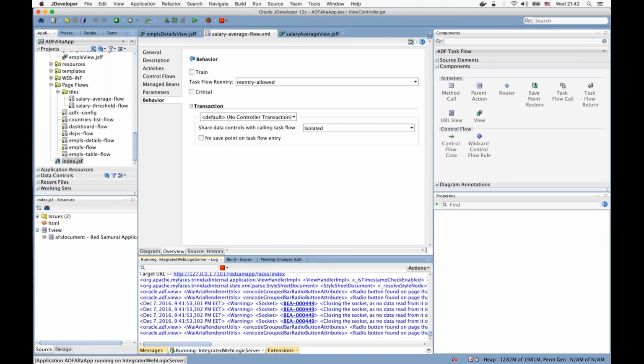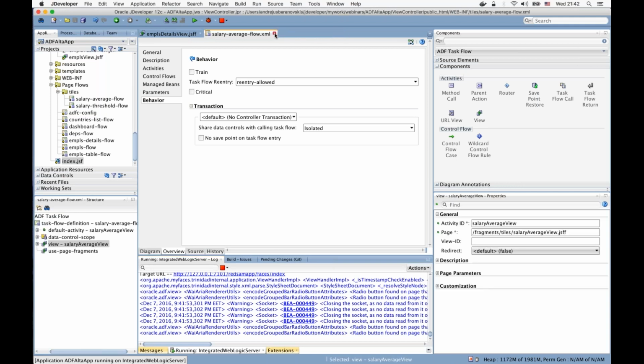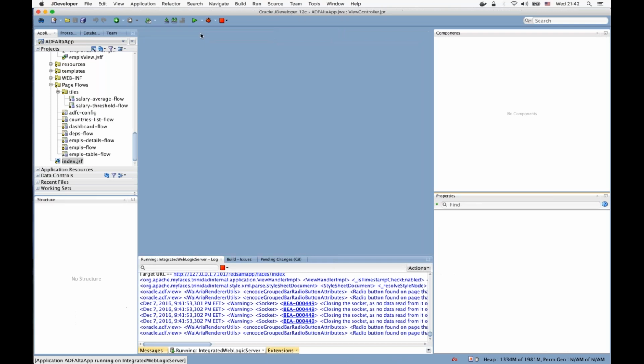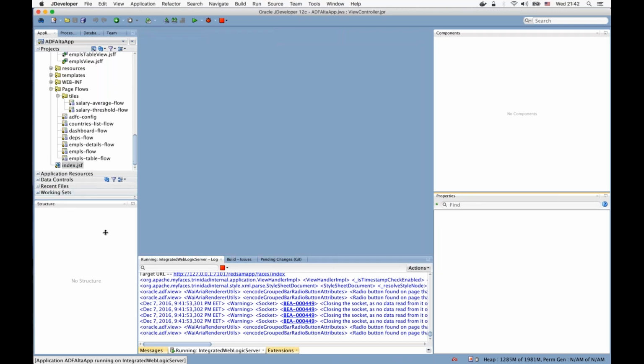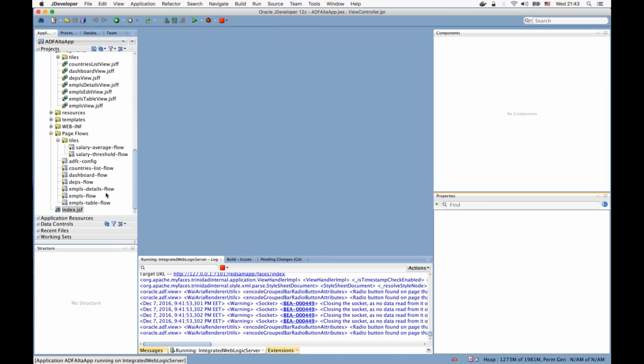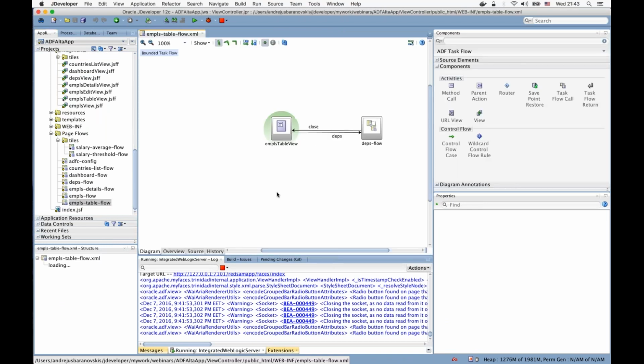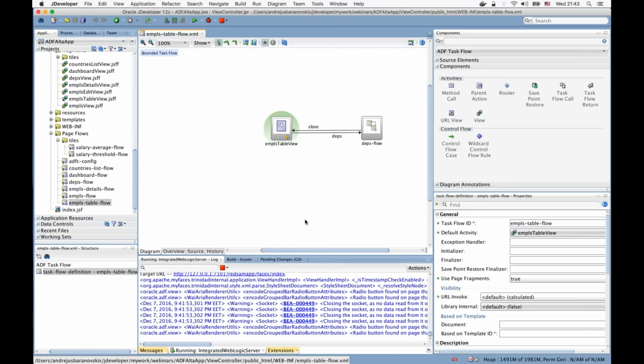Okay, and yeah, I have 5 minutes more before questions. One more thing I wanted to show is how to use bindings on a task level. So if I go to the employees table flow that we worked on before,